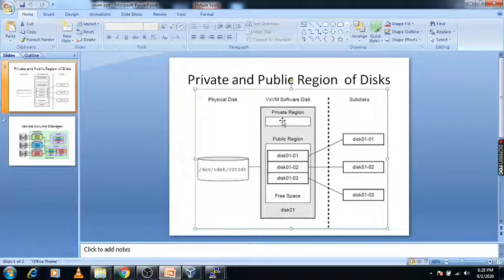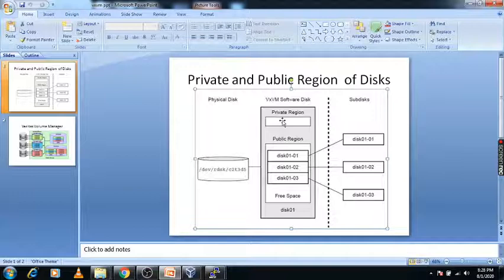This disk has these two regions. The private region has a size of 32 MB, and all the information about the disk is stored under it, like the vendor of the disk and the size of the disk.